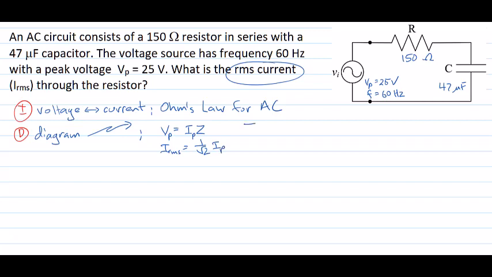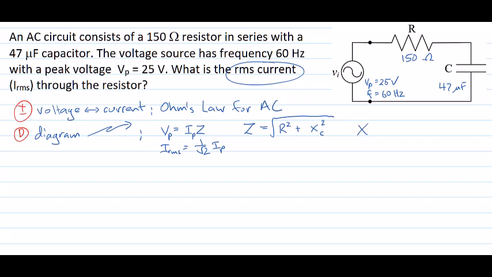What is this impedance that we need to think about? Well, it involves both the resistance and the reactance in the circuit. And it's going to be the square of the resistance plus something to do with the difference between the inductive and capacitive reactances squared, and we'll take the square root of that whole thing. Now, this problem is a little bit simpler because we don't actually have an inductor and a capacitor, we simply have our capacitor. So we'll just involve the capacitive reactance squared in our impedance calculation.